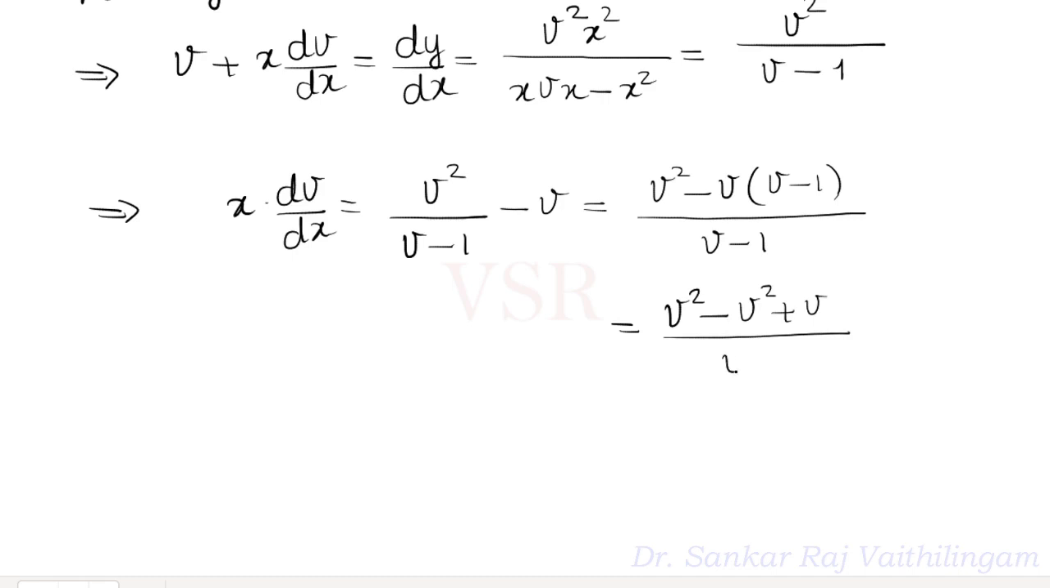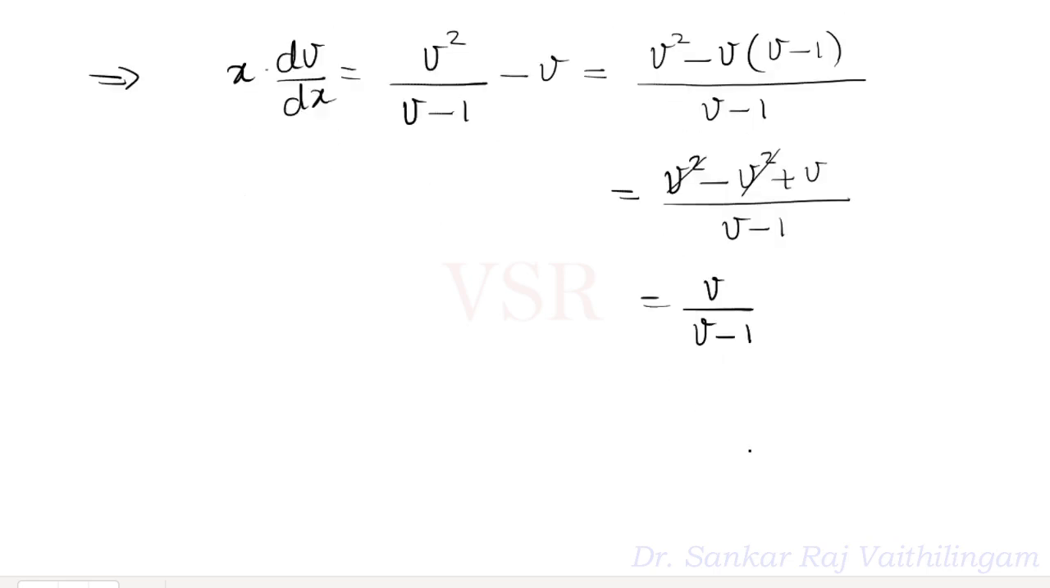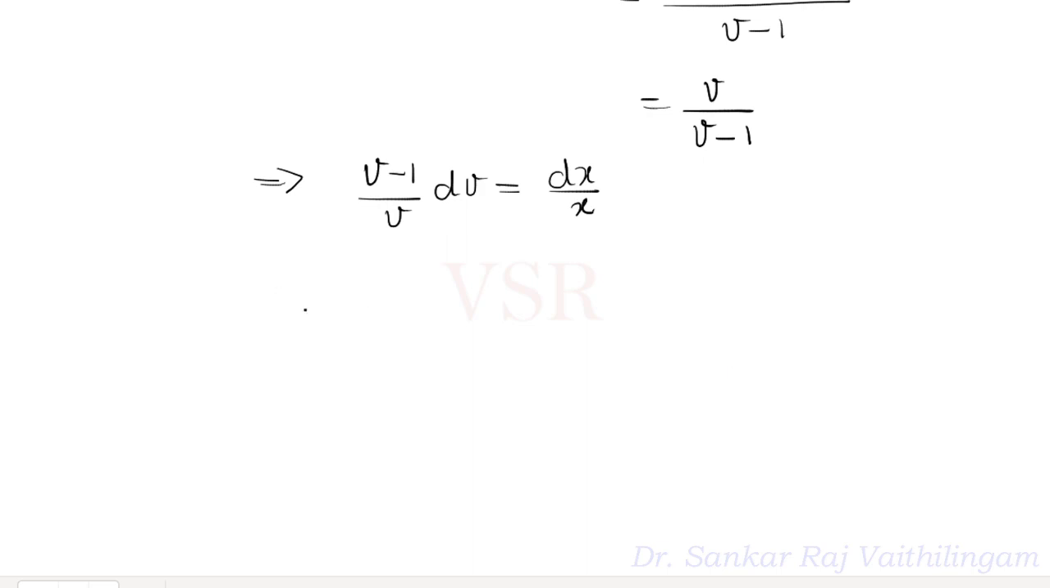அப்ப இது ரெண்டும் முதல்ல cancel ஆயிடுச்சு. So we are having this is equal to v divided by v minus 1. இப்போ we are having a variable separation method, so this implies that v minus 1 divided by v into dv, which is equal to dx by x. அப்போ இது எப்படி பிரிச்சுக்கலாம் அப்படின்னா, so this implies that 1 minus 1 by v dv which is equal to dx by x. So integrating on both sides what we are having is